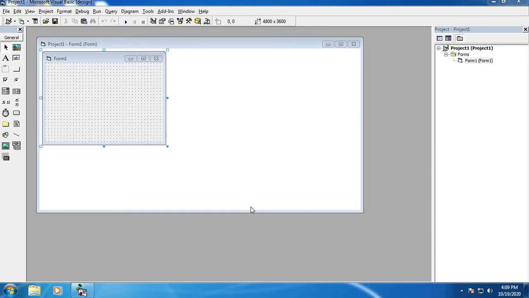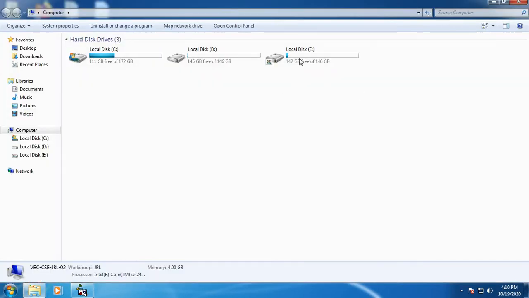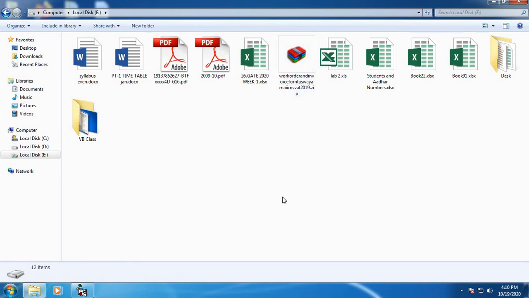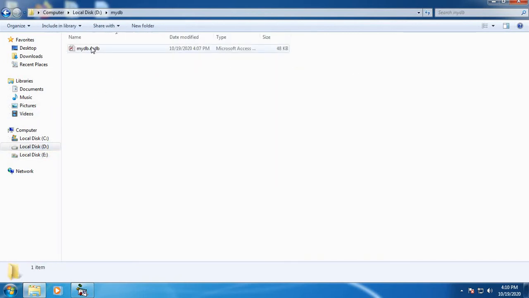Okay, now we are going to create a report without any single line of code. We will start off with the standard exe. For that you must require a database with the data. So I have already created one MS Access database. This is my sample database which I have created. So MyDB, this is my database.